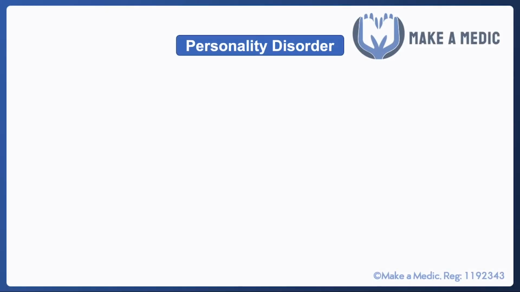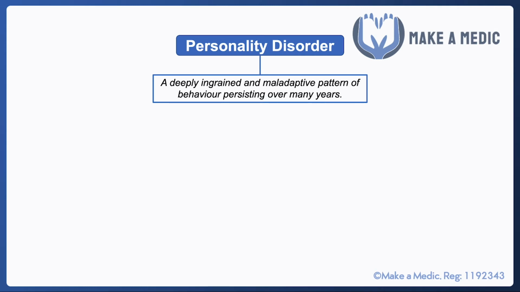A personality disorder is defined as a deeply ingrained and maladaptive pattern of behavior that persists over many years. And there's the 3 P's of personality disorders that help figure out what exactly counts as a personality disorder. The important features are that it needs to be pervasive, it happens in a number of different settings, it's persistent and not something that fluctuates, and it's also pathological, where it causes a certain degree of essentially social dysfunction